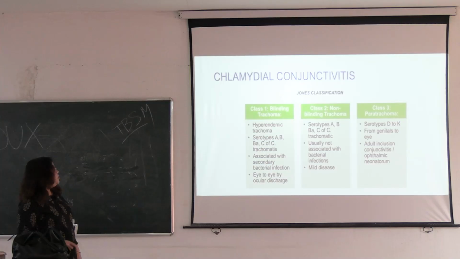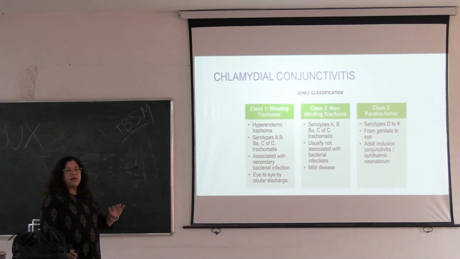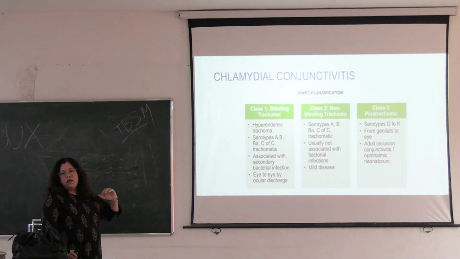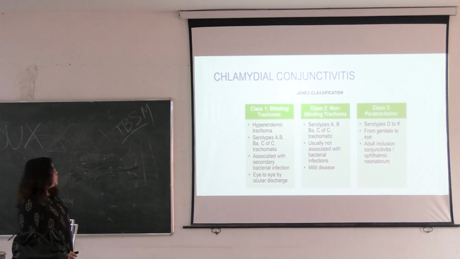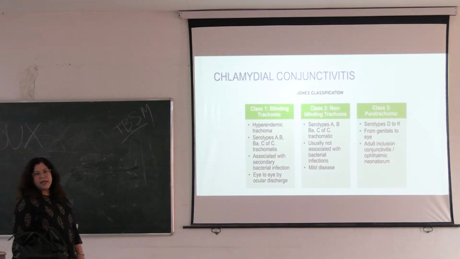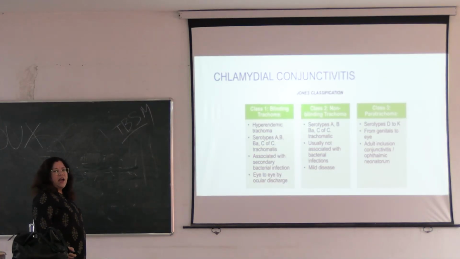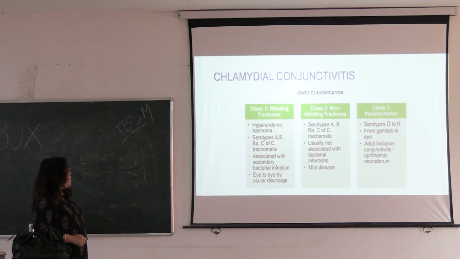Then chlamydia is also given the Jones classification. It is classified according to the signs and symptoms and the blindness it causes. So, it is divided into 3 groups. The first class causes blinding trachoma. It occurs in the hyperendemic form of trachoma. It spreads epidemically on a large scale, and the serotypes responsible for this infection are A, B, BA